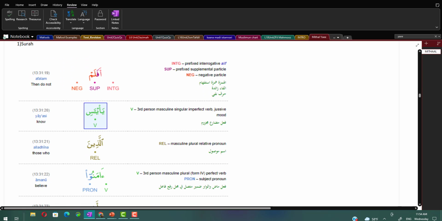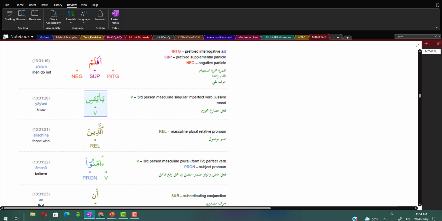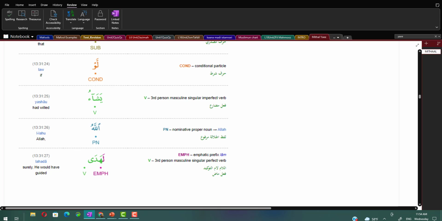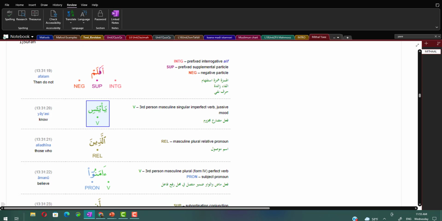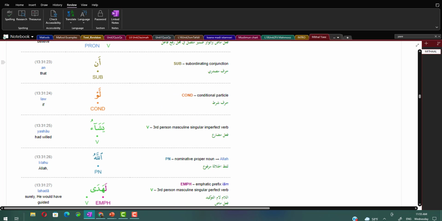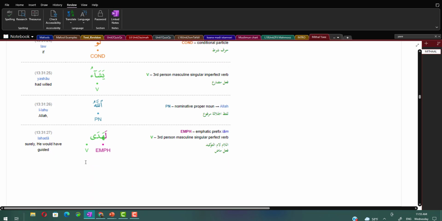And the Quranic example is A'udhu billahi minash shaitanir rajim, Bismillahir Rahmanir Rahim. Afalam yay'asil ladhina amanu allaw yasha'ullahu lahada. So here, notice it's actually yay'as. This is in the majzoom form. This was yay'as, the ya'ayn having a sukoon. But then to join it with alladhina, there's a temporary kasra. So it's yay'asil ladhina. Because of lam, yay'asu becomes yay'as, jazima. Then do not know those who believe that if Allah subhanahu wa ta'ala had willed, surely He would have